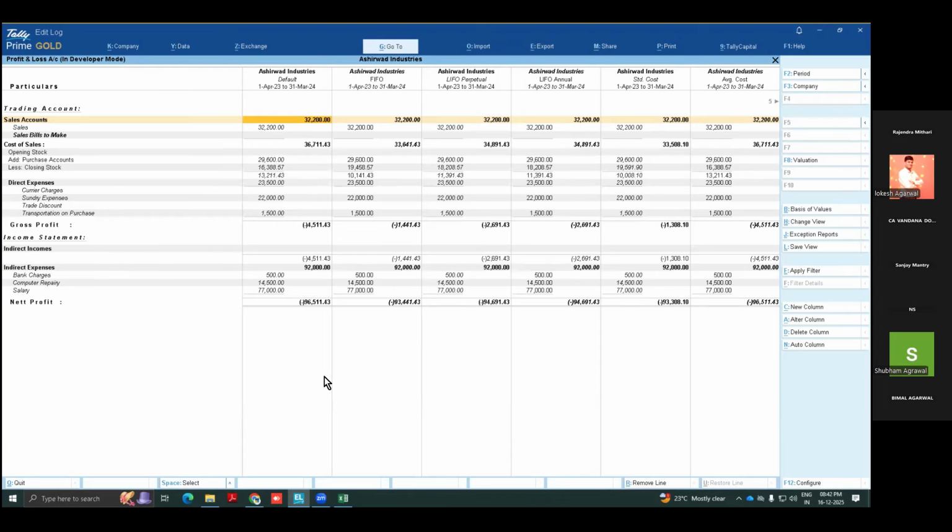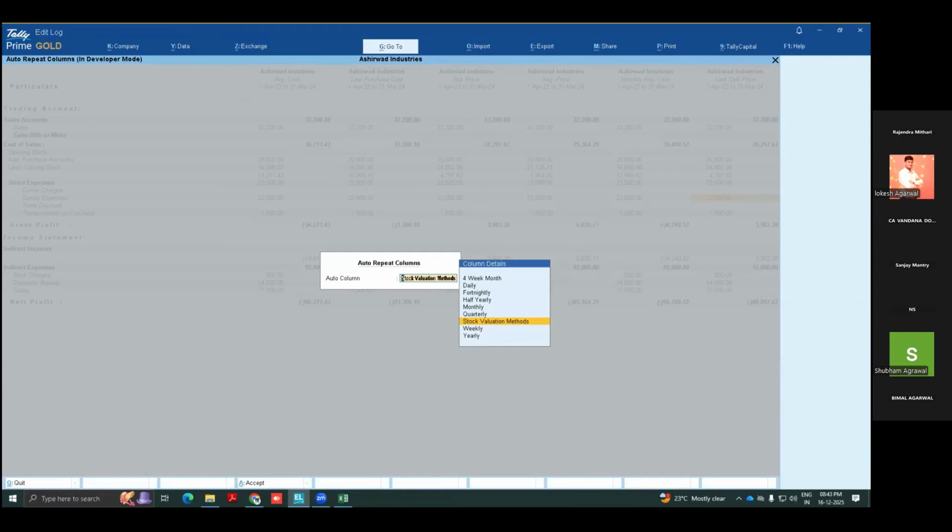Then FIFO, the first one is FIFO. You can see FIFO, LIFO, annual, all methods are there. Because my data does not have so many transactions, just one or two, the valuation is the same. But if you have any data with you, you can just click here auto column and select stock valuation here.